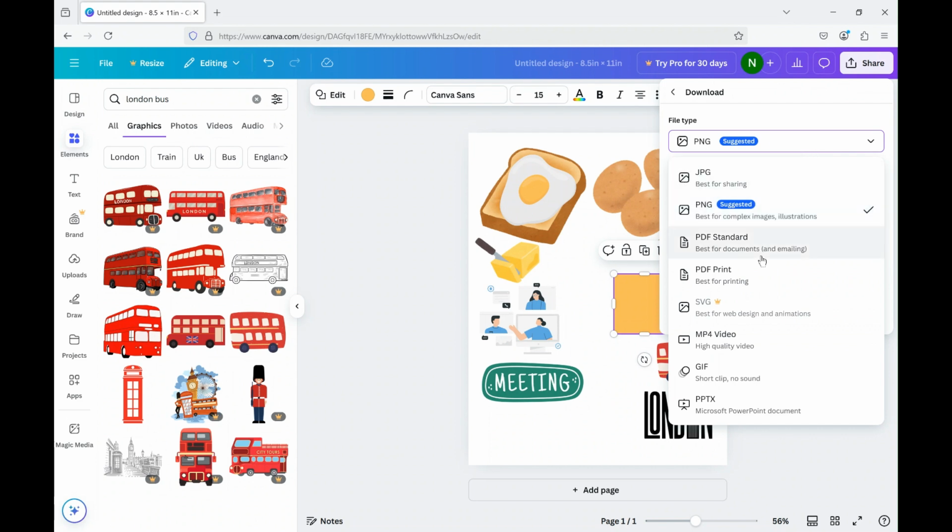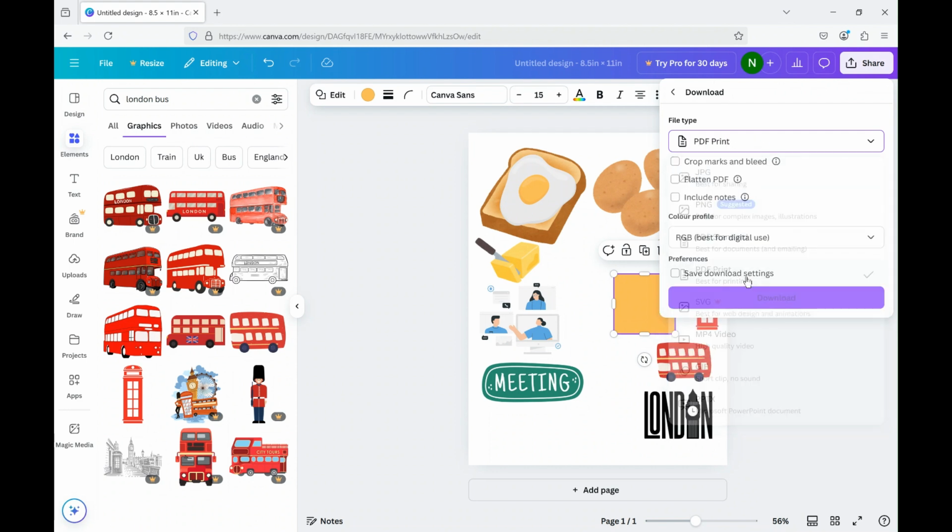But yes, I would do PDF print. Yeah, I do PDF print. It may rescale it slightly for PDF print, but it is the best one for printable. So then you just download it and it'll pop open a window to say where you want to download it to, and you name it and then print it out. If I'm doing A4,